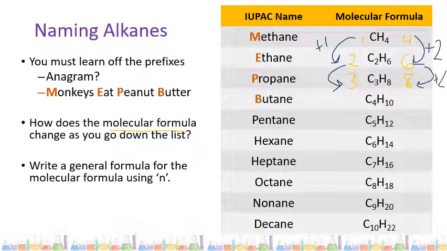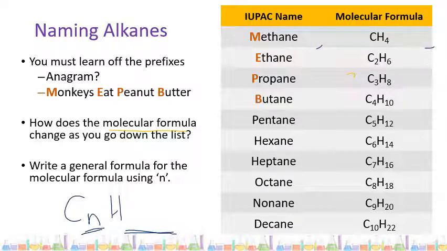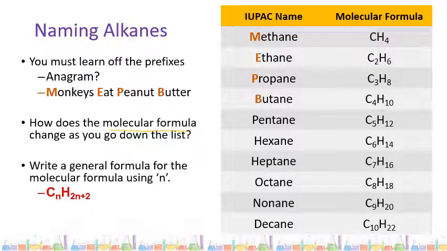So what I want you to do now is write a general formula for the molecular formula using n. If I said it's Cn, so that there's n carbons, could you figure out what you should be writing in for the general formula for hydrogen? Hopefully you gave that a go yourself. The general formula is